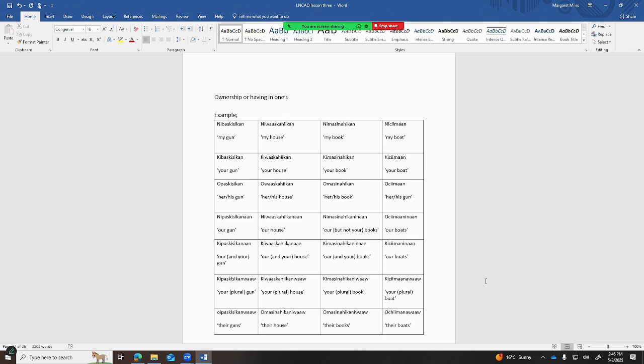So, having one in one's possession or ownership. So you would add ne, ki, o in the beginning of the words. So in this exercise,